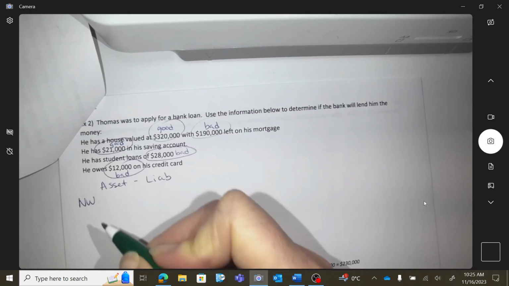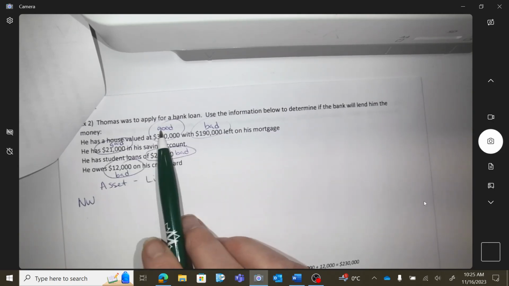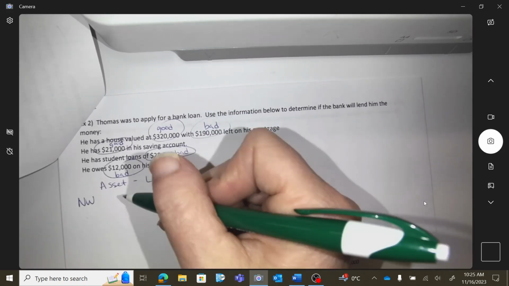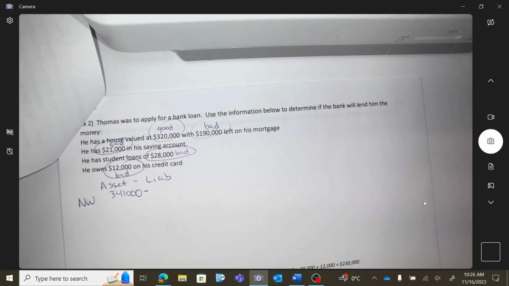Okay, get me the net worth. So we got 2 good money. So can you add those 2 numbers that were the positive money? Same thing, add all the stuff that was bad, owing money.